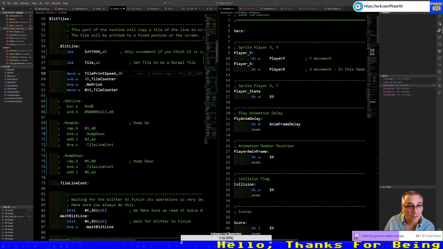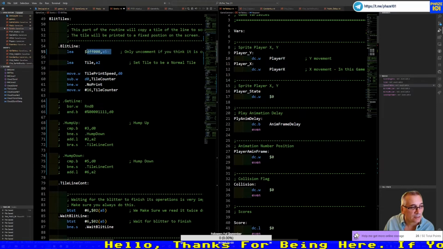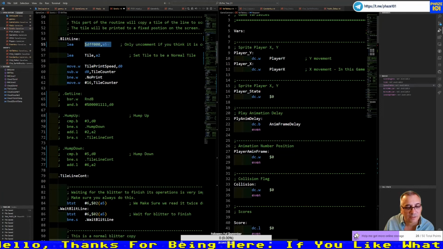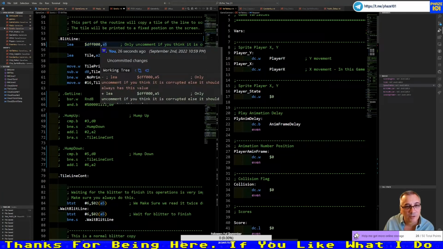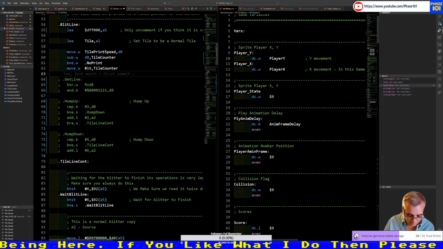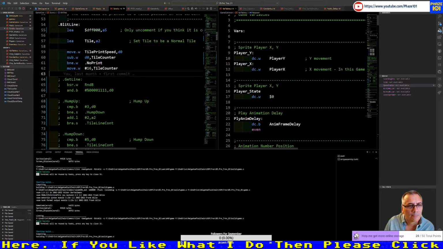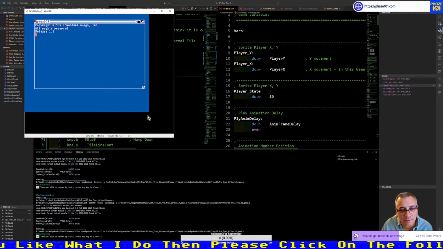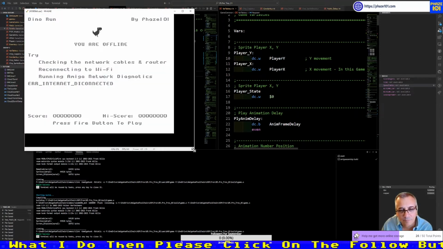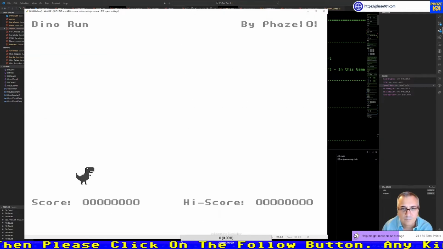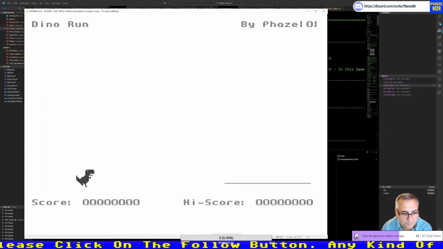Let's see. I'm thinking that this value is changing. There's something that is affecting this value, because register A5 is used globally for the blitter. So now we should see only the lines. Yeah.